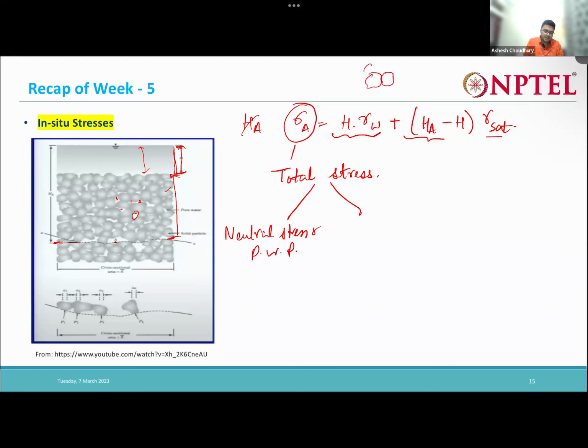The grains are in contact with each other, right? So due to these contacts, the load will be transferred from grain to grain. So due to this grain to grain contact, the grains will actually be taking some of the stress. That stress is known as our effective